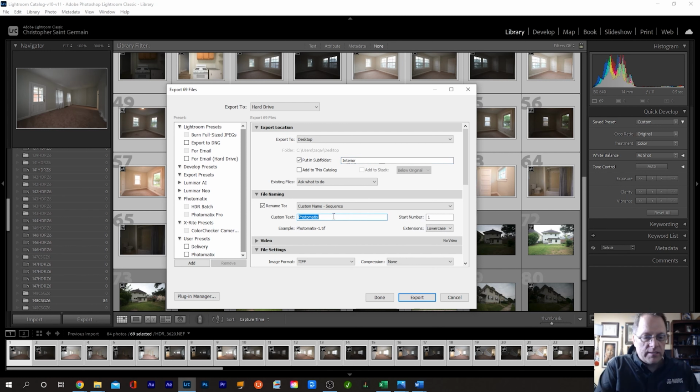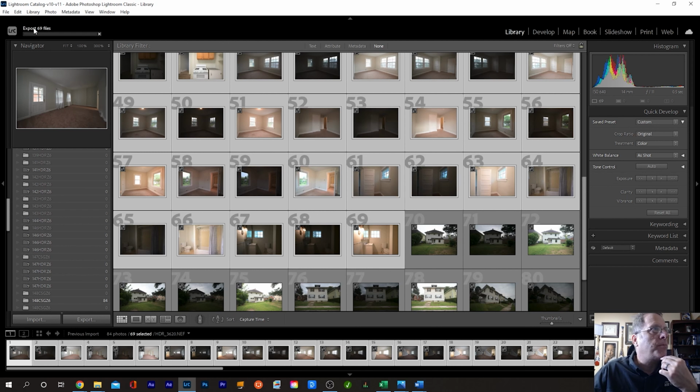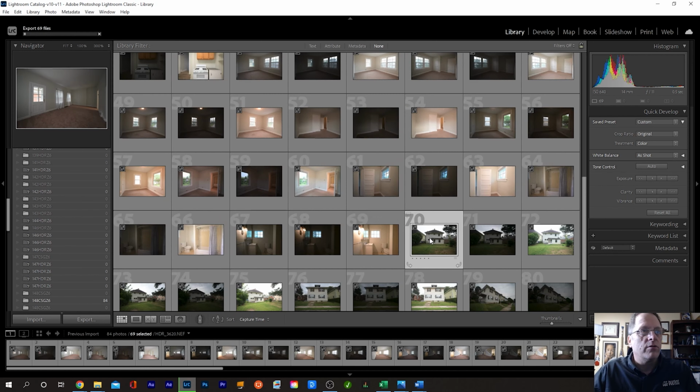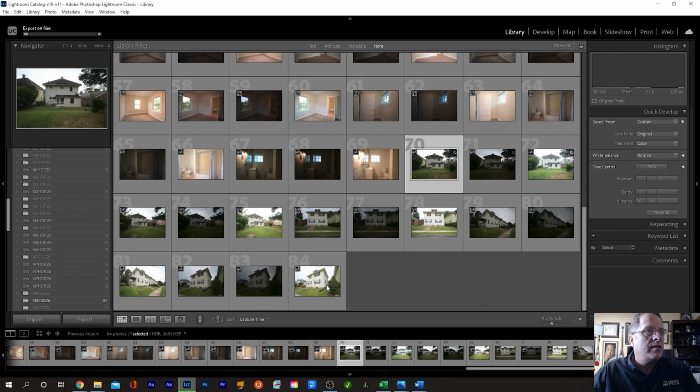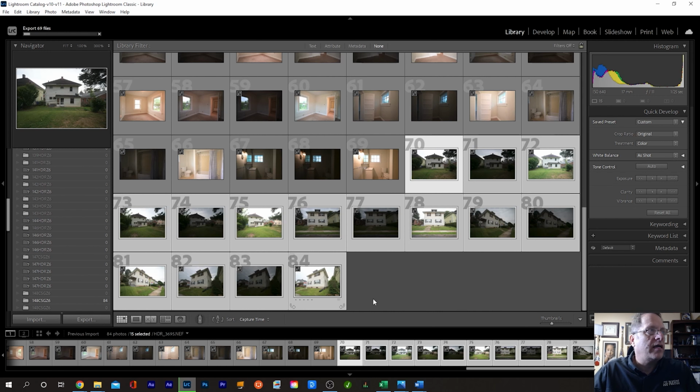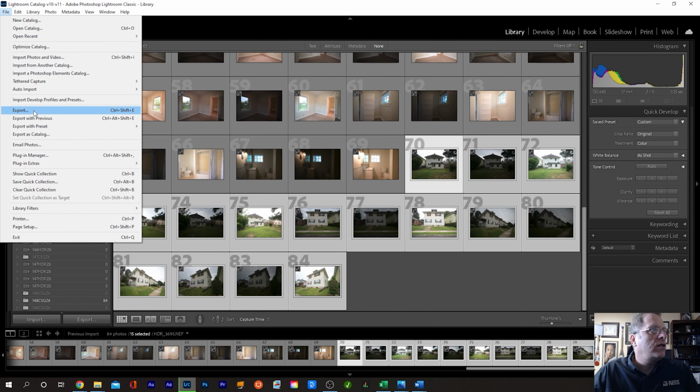I'm going to write my address here. This is how I keep track of everything. 182 View Street Interior. And then it's going to number all of these images by number 1 to number, looks like 69. So if I export those, you'll see up here in the top left corner, it's now exporting 69 files. I can also go through and grab number 70, go down to the end, hit Shift and click and highlight all of those. File, Export,